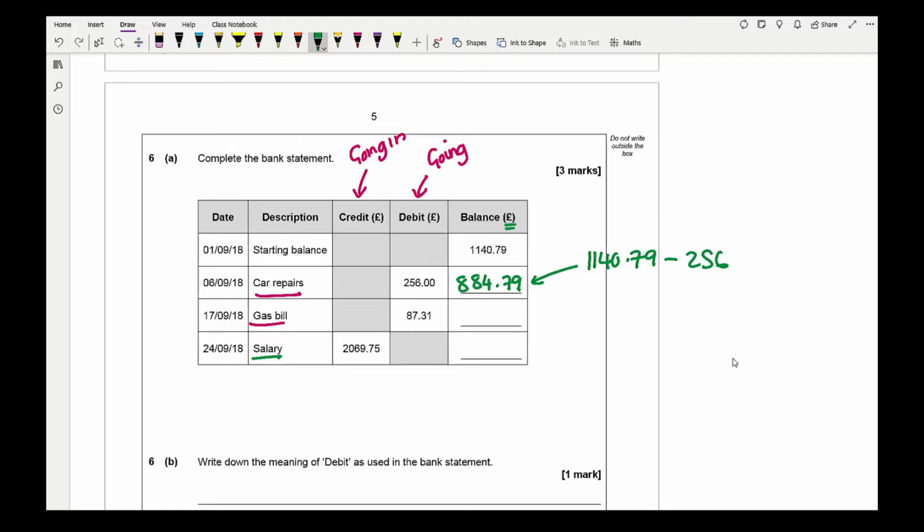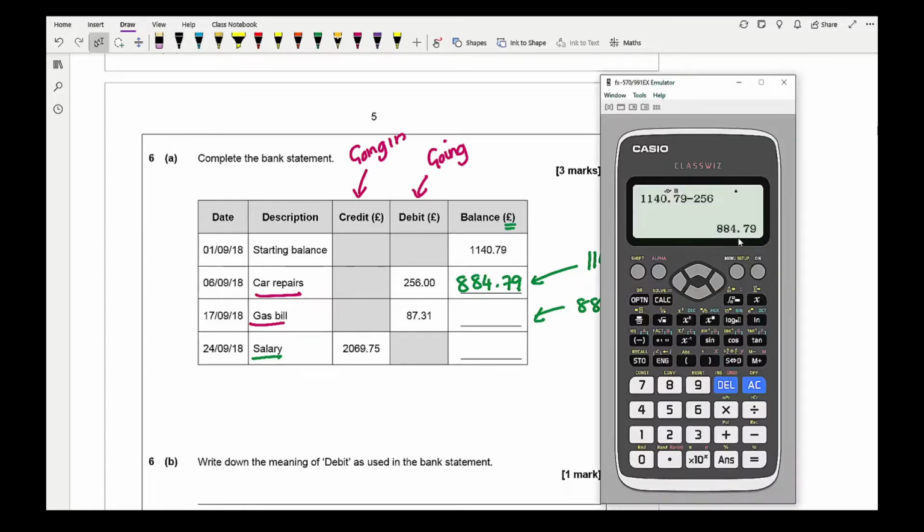So for the next one, what I need to do is 884.79 minus £87.31. Again, I've still got the 884.79 on my calculator, so I'm just going to take away 87.31, equals, press the S-D button, that gives me a total of